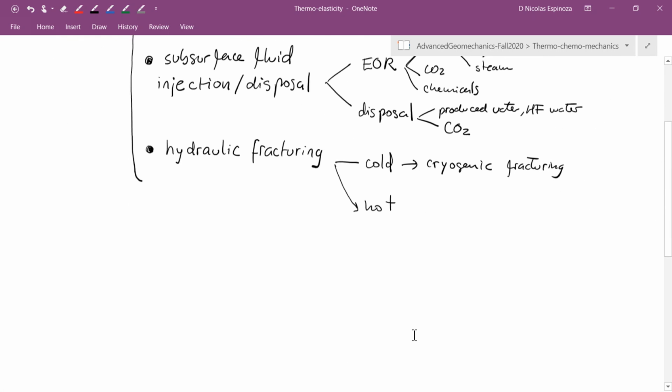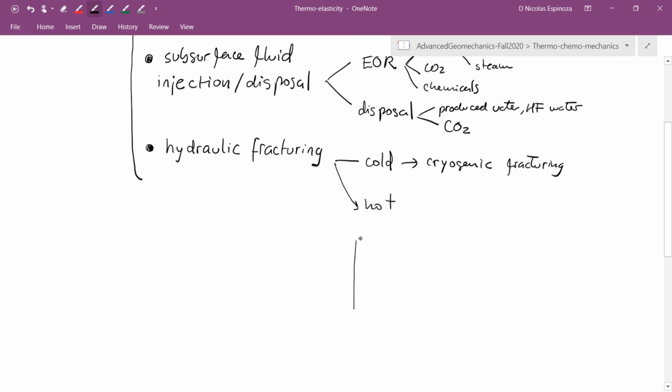Okay, so let's imagine that we have a porous medium. And in this porous medium, we have fluids that may be subjected to a temperature increase. There is actually one study that shows that by heating up